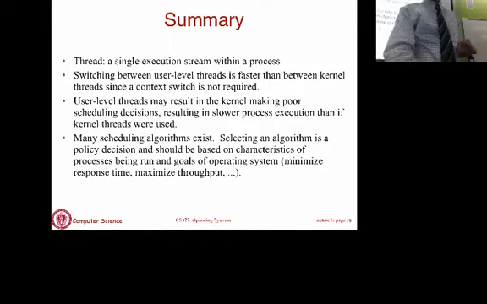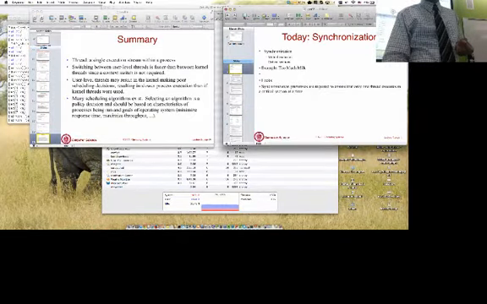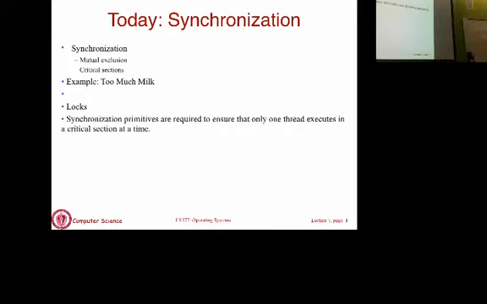So that's basically threads, and then I'm going to start our next topic, which is synchronization, but I'm going to take a brief pause to see if there are any questions. I'm assuming all of you have encountered threads. It's not the first time we're hearing the term, but since we are going a little deeper into the concept of threads and implementation, we should see if there are questions.